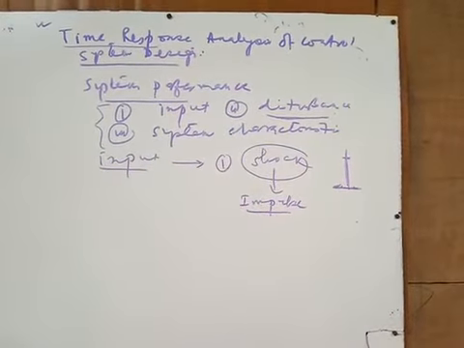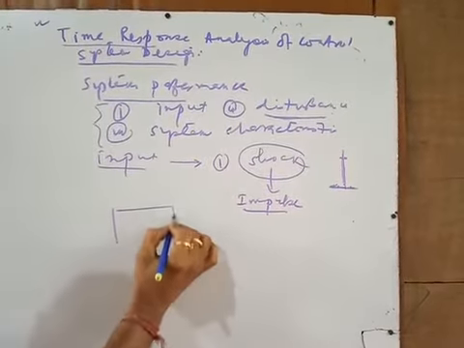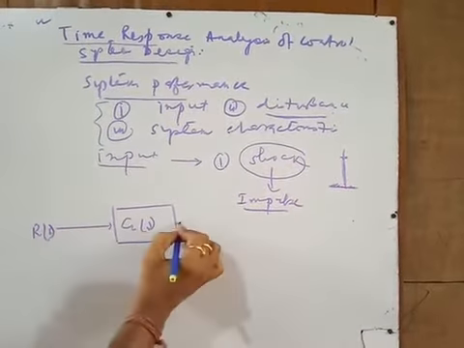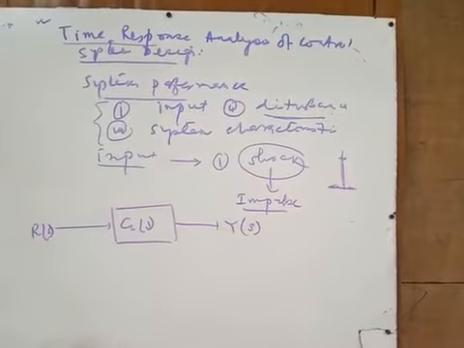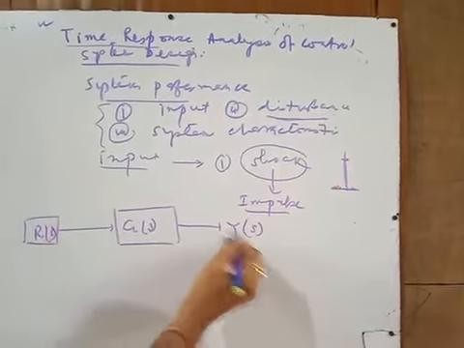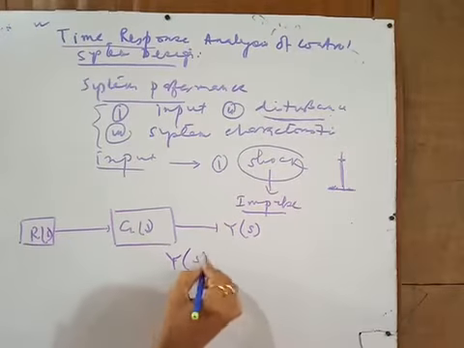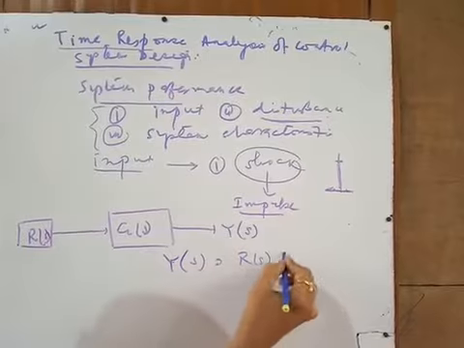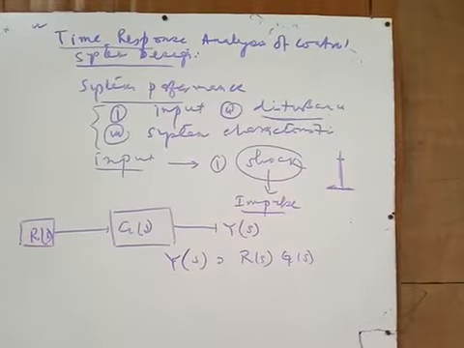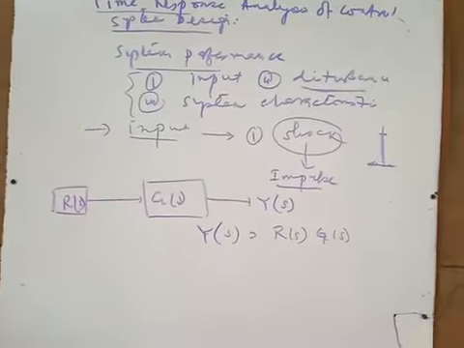In order to get the time response or performance analysis of the system, this is your G(s). So R(s) plays a very important role in getting the output, and in every case this R(s) is varied. According to this, Y(s) will vary, as you know from the transfer function. So Y(s) is nothing but R(s) into G(s). The characteristics of G(s) we will discuss later on. Now, what kind of defined inputs may vary in case of time response analysis?